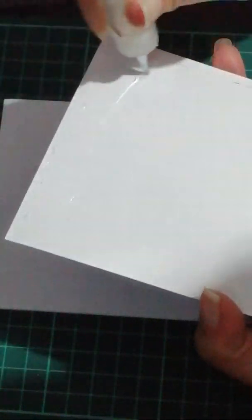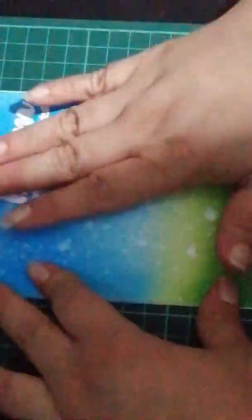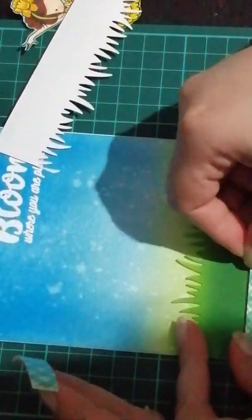And now I'm going to start measuring and adding the background to my card base, which is 4 1/4 by 5 1/2. I am using wet glue because I have really big issues using just the adhesive, and this gives me some wiggle room. I am also adding two grass pieces of card base that I colored with the same distress inks, the green ones. One is glued to the background, and the other one is going to be a little bit up, and I'm using the 3M